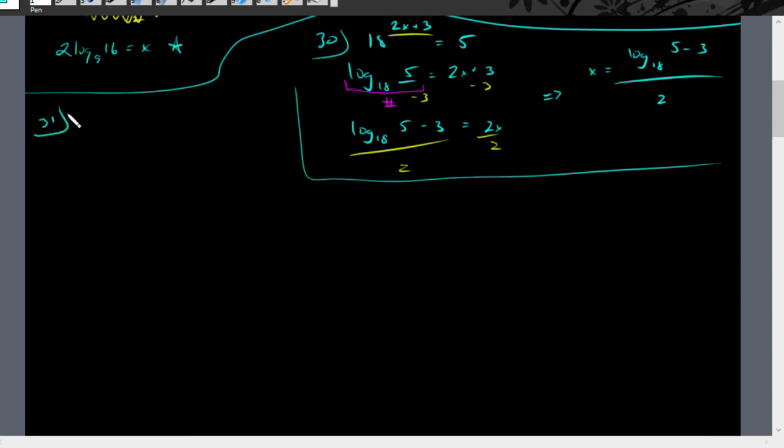Number 31. Log base 3 of the quantity 5x minus 2 equals 6. Alright, well, we're back to a log. This one's simpler for most students. You convert like this